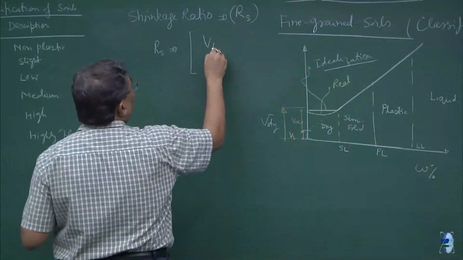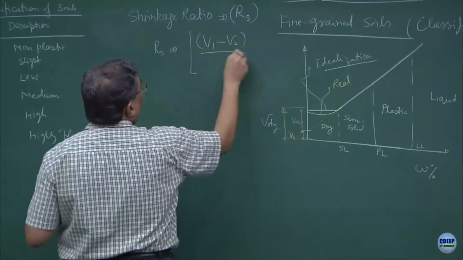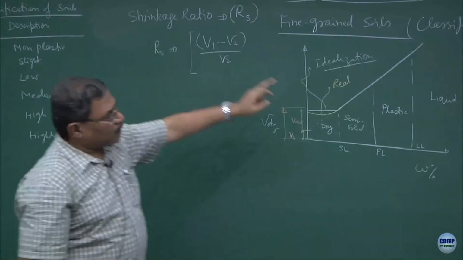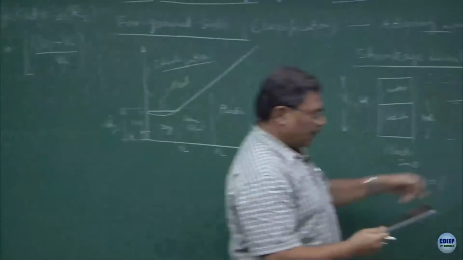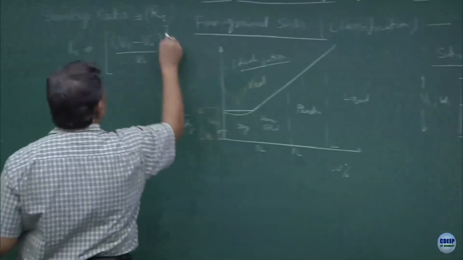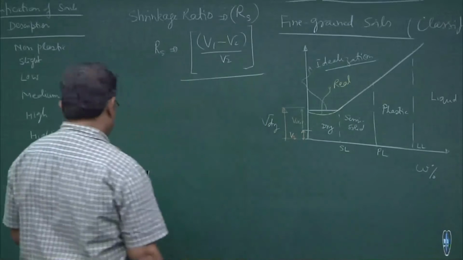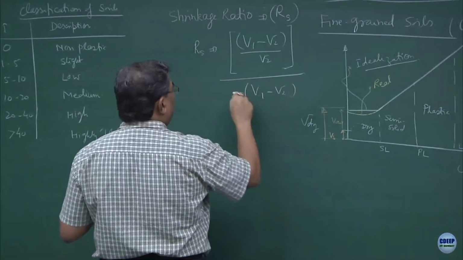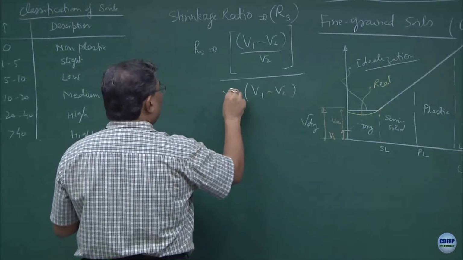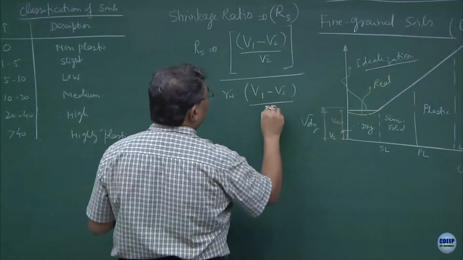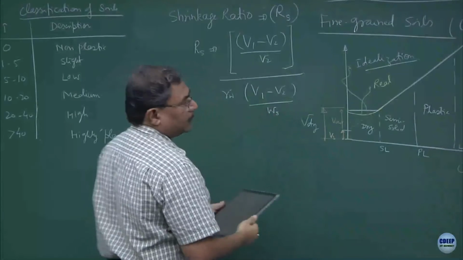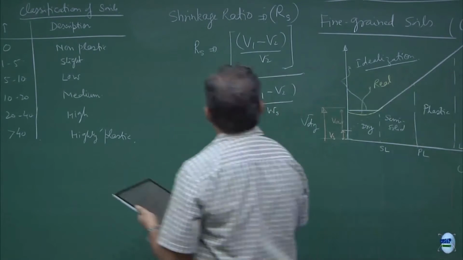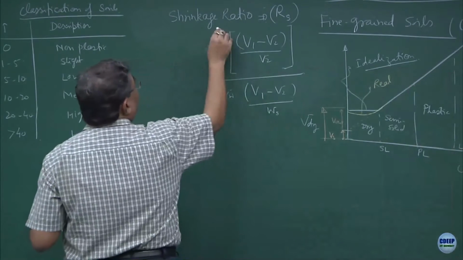So, I can say V1 minus V2 upon V2, this is the percentage loss in the volume of soil mass from V1 to V2, divided by V1 minus V2 into gamma W upon weight of solids at this stage. So, this becomes the shrinkage ratio